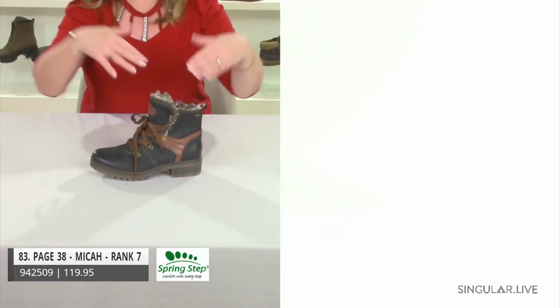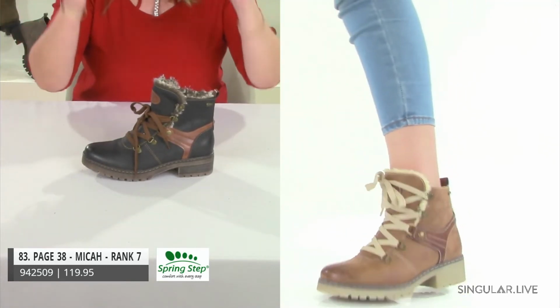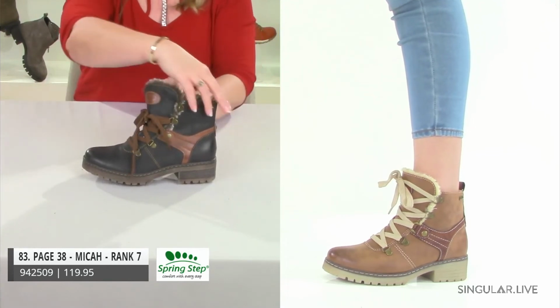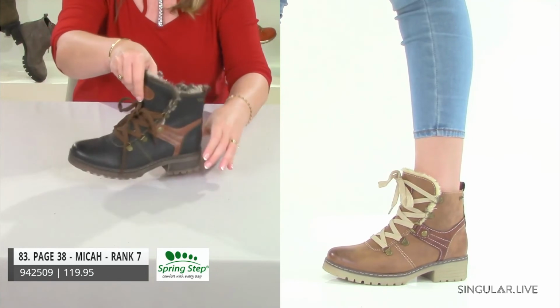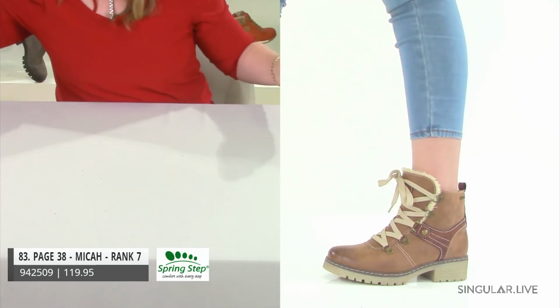It's a traditional, nice hiker look boot. So this is our next style here. So this is the Mika. And again, she has a little bit more fun with that faux fur. And again, I didn't point out to you, but I do want to just show you the next style here,